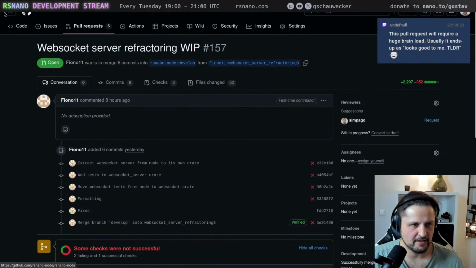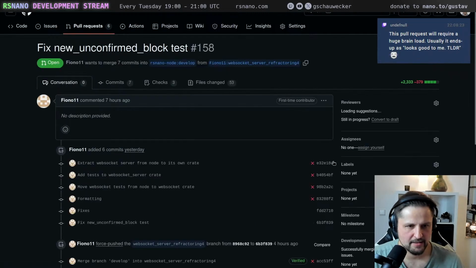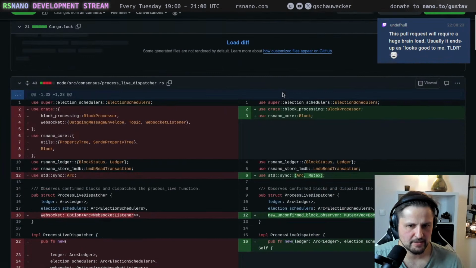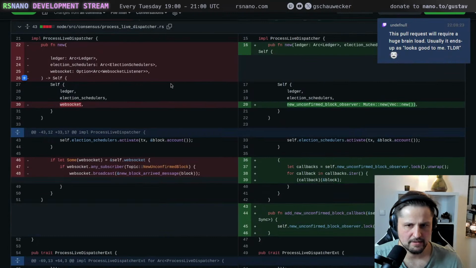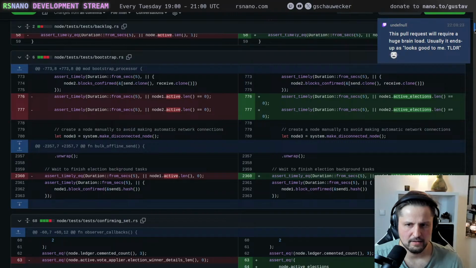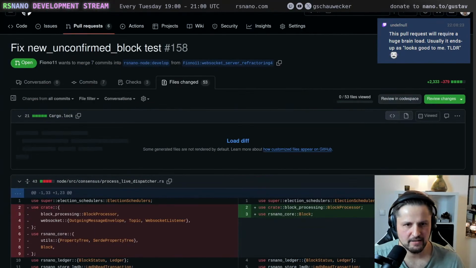Just let me look at the other PRs. Fix new unconfirmed block test. So this fixes a test. Is this WebSocket related? I think it is. What does it do? Maybe those PRs are now all big because they are stacked, right?